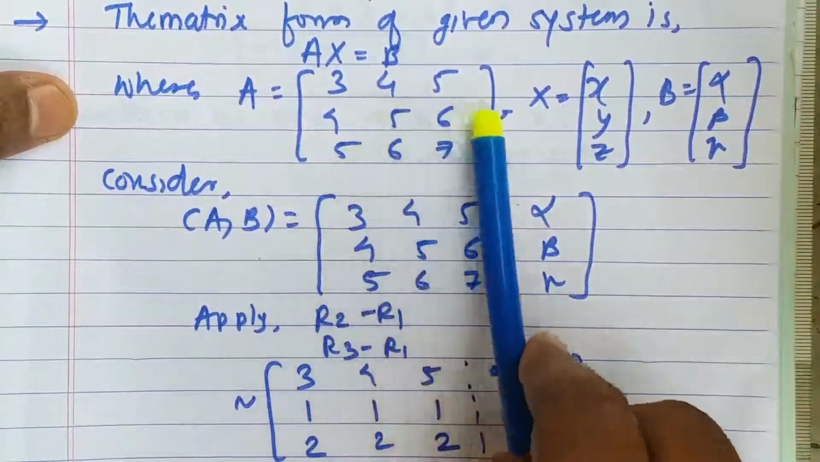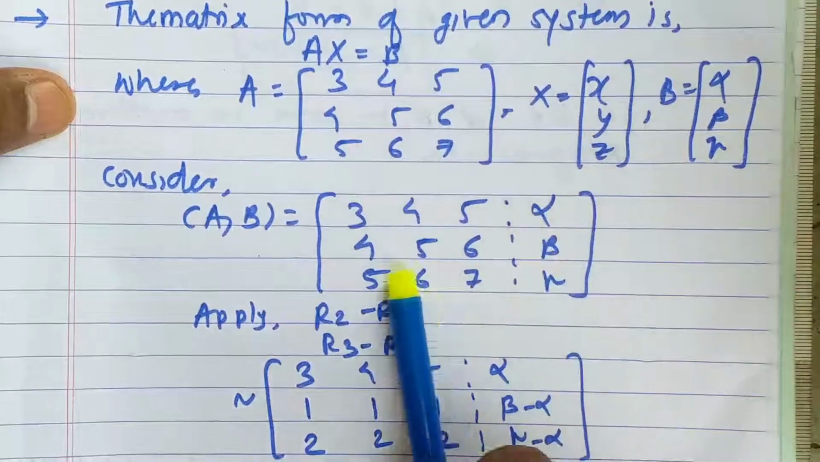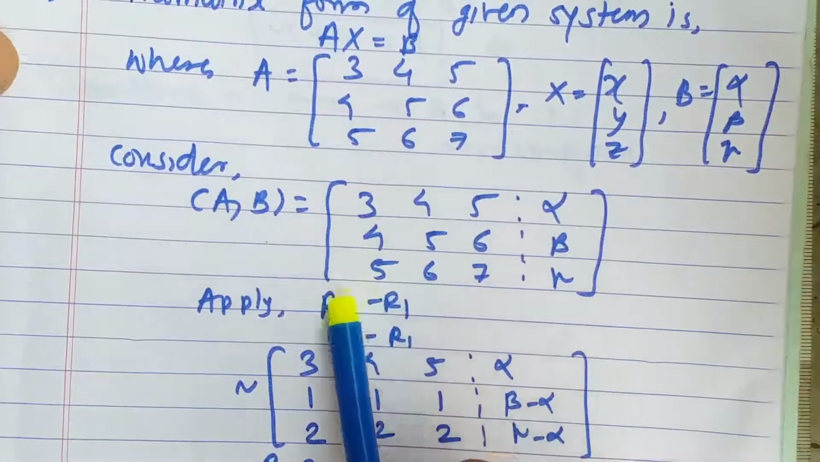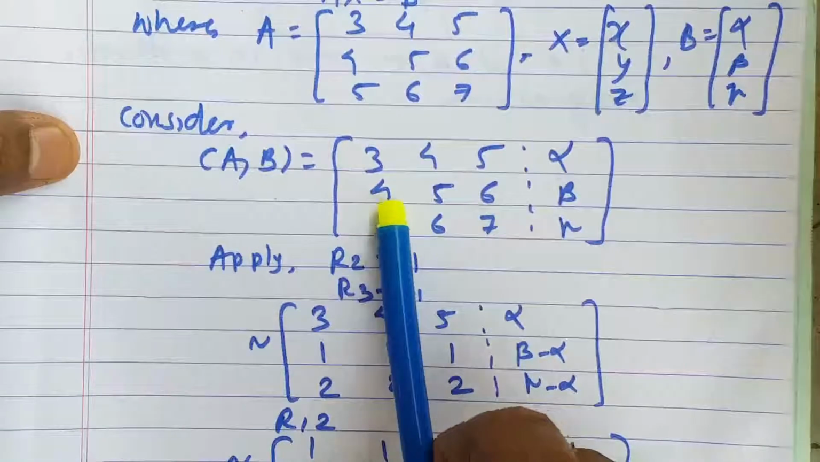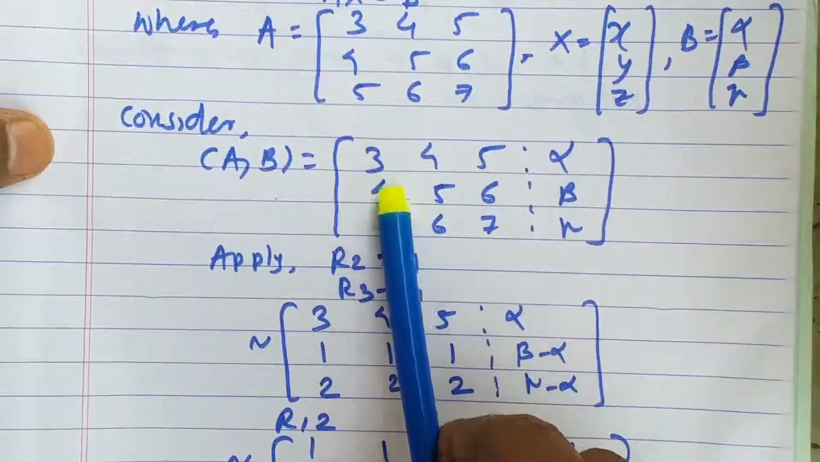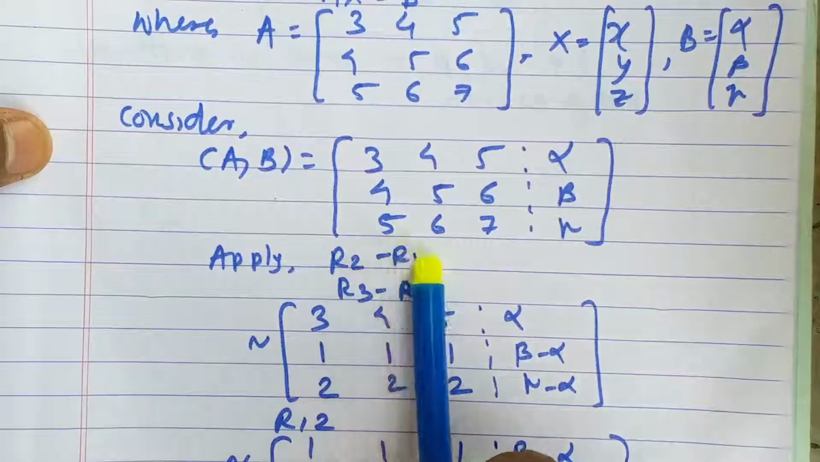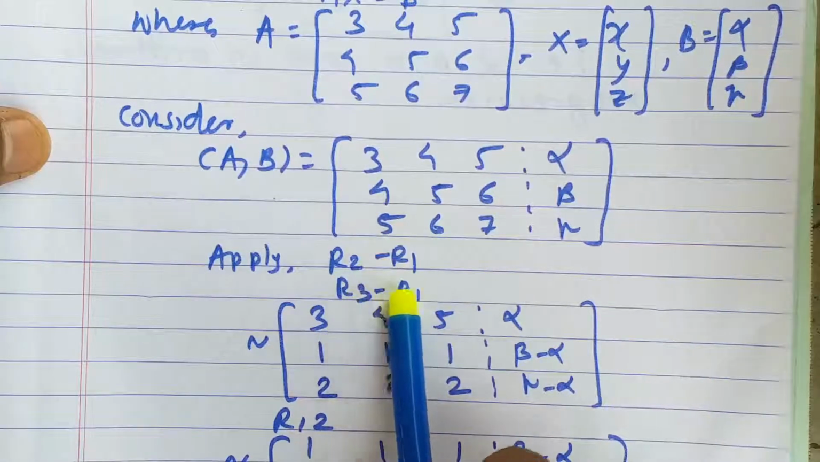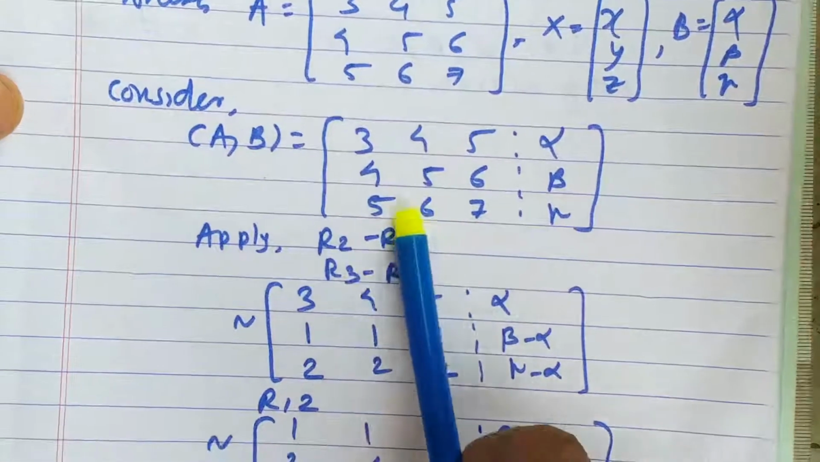So the augmented matrix, you add just column B here. Now reduce it to echelon form. Here we don't have 1 available. So for getting 1 there, 4 minus 3 is 1, we know, so we'll first perform R2 minus R1. At the same time I'm going to perform R3 minus R1 also,